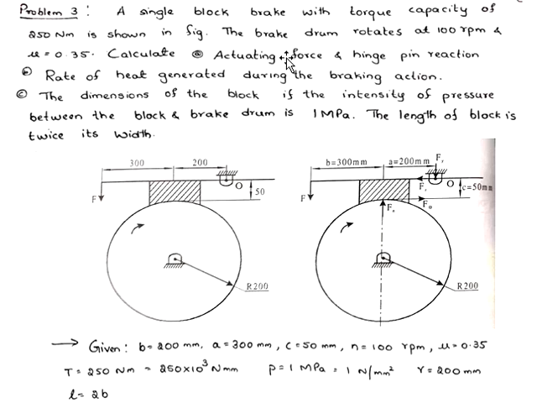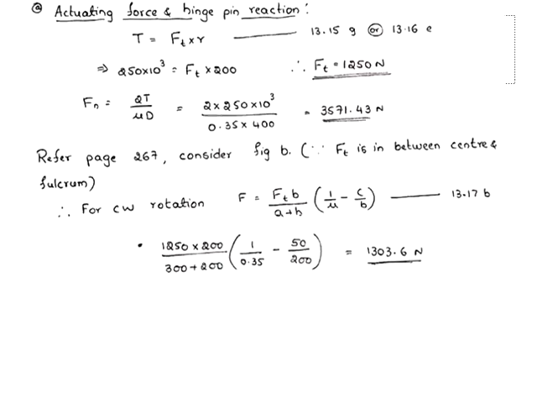So here the first question you can complete. Actuating force F, how to find out? Before that, identify whether this diagram matches with diagram A, B or C. In this question, Ft will be acting here, lying in between the center of drum and fulcrum. Since Ft lies in between the center of drum and fulcrum, it matches with diagram B in the data handbook. First, we'll calculate actuating force. To find out actuating force, identify which equation you have to use.